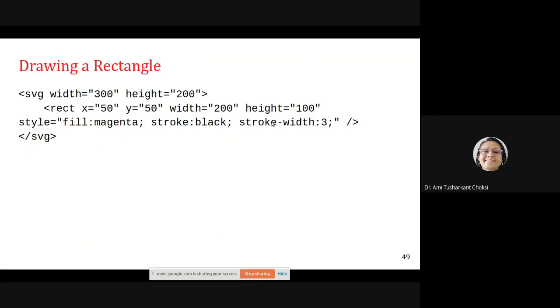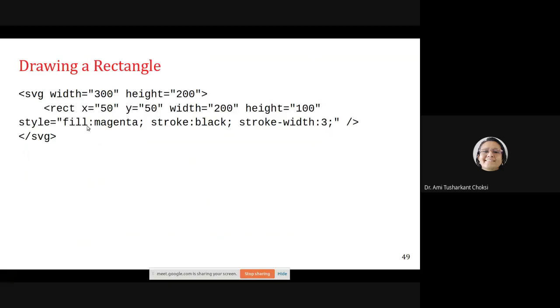Inside that, whatever style we want to specify, for filling, for stroke, that is line color, for line width, or any other attribute, we can specify with the help of that particular attribute name, for this particular shape.